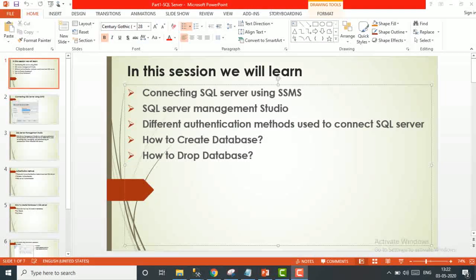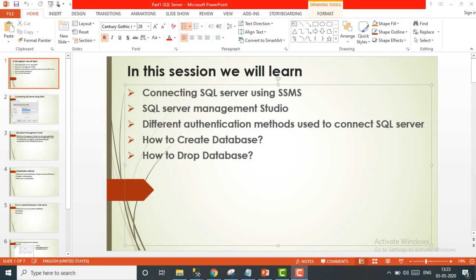This is part 1 of SQL Server. In this session, we will learn how to connect to SQL Server. Before connecting, you need to have SQL Server Management Studio already installed on your local machine. I have given a SQL Server link in the description box, so you can download and install it on your local machine.